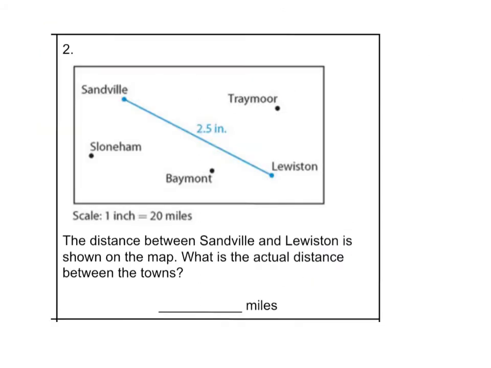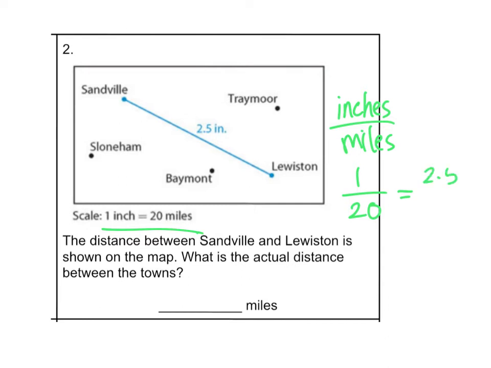The distance between Sandville and Lewiston is shown on the map. What is the actual distance between the two towns? So we know that the scale says for each inch it's 20 miles. So we have inches and miles. So we have a 1 to 20 ratio. And we know on our little map that we see 2.5 inches, and we're trying to figure out how many